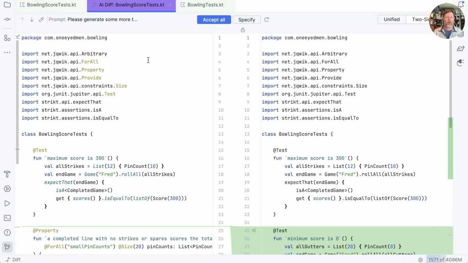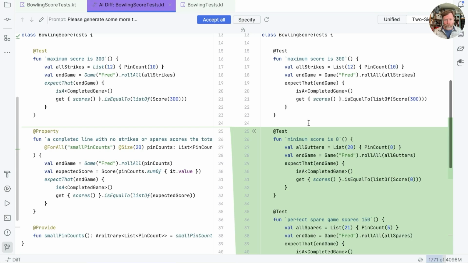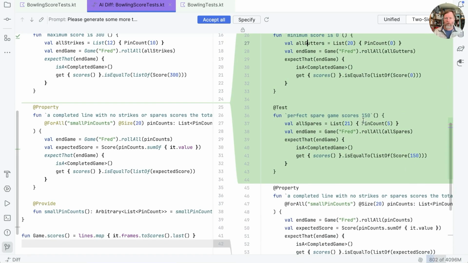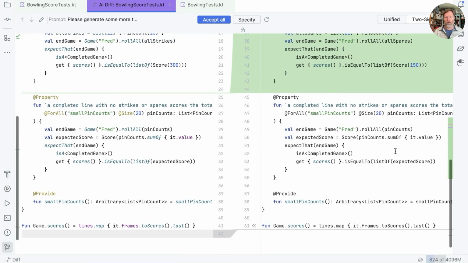Okay, so the generate command brings up a diff, and I've got to say, initial impressions are very good. It's generated minimum score is 0 with all gutters. List of 20 zeros, that should be list of scores 0. Well, that's very plausible. A perfect spare game scores 150. So if we have 21 fives, that again sounds very plausible. Let's have a look down, see what else it did. Oh no, it just got rid of a blank line at the end. So I think we can accept all of these